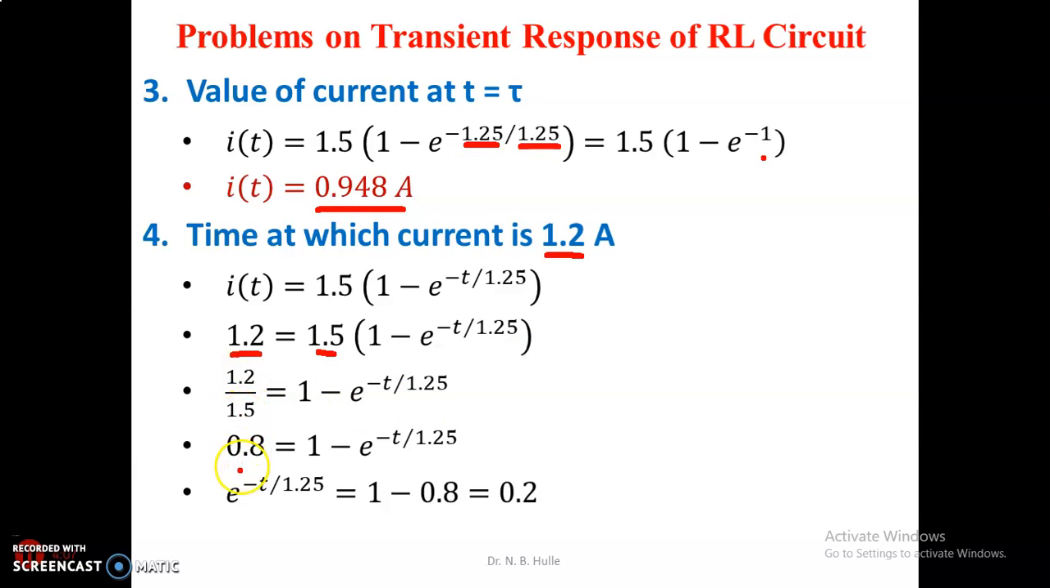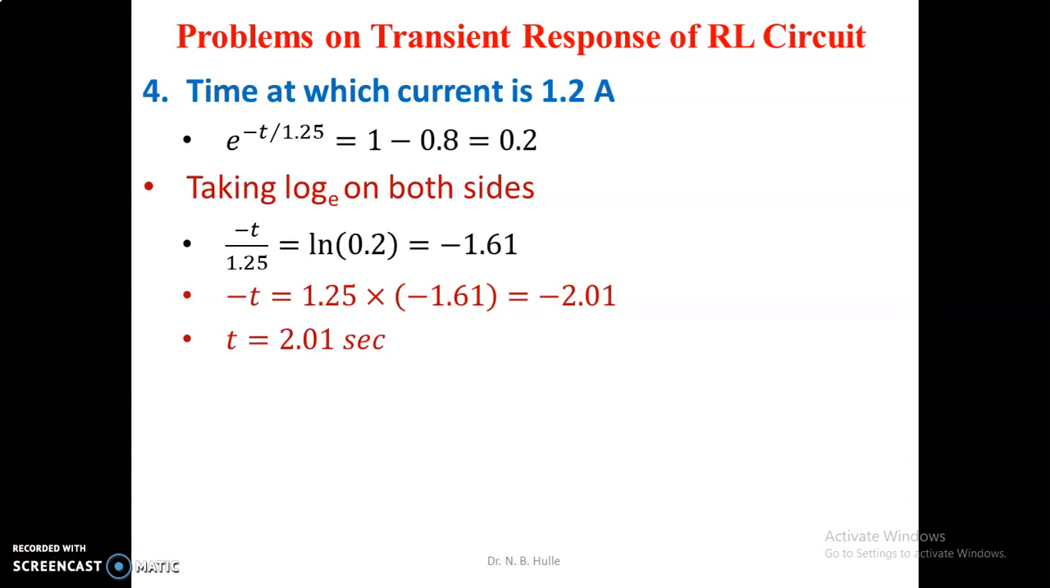This division is the 0.8. So 0.8 is equal to 1 minus that value. Then I will substitute, shifting this value to the left side and this value to the right-hand side. Then e raised to the power of minus t by tau is equal to 1 minus 0.8, which is equal to 0.2. And if we take the log on both sides in this particular case,